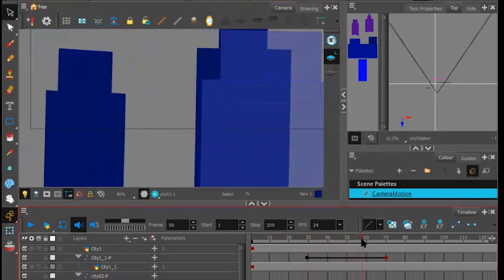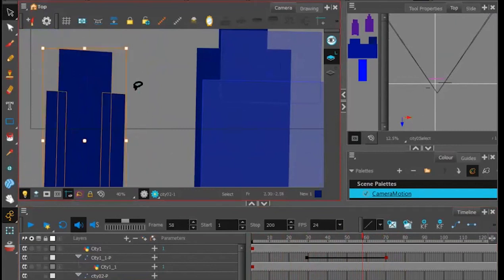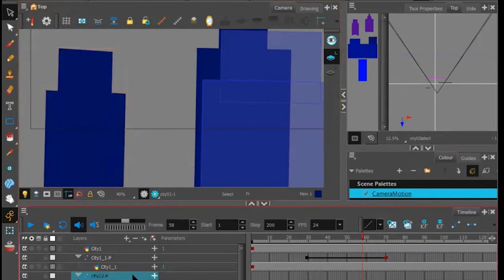There's no motion on these guys at all. So what I might want to do is just grab this guy like this, highlight him, we'll do a Control C, we're copying him,